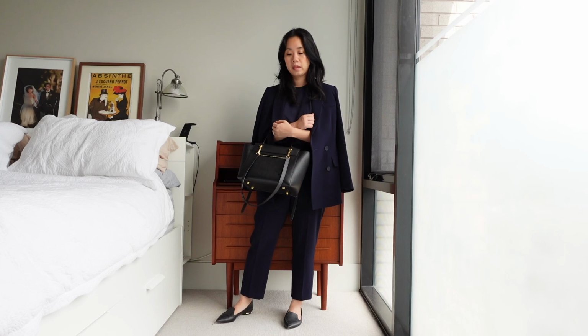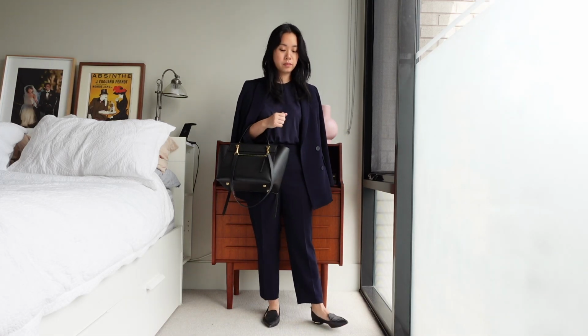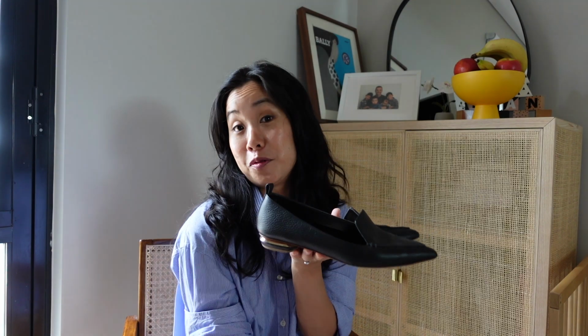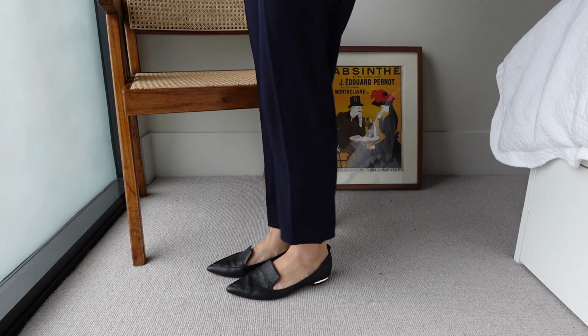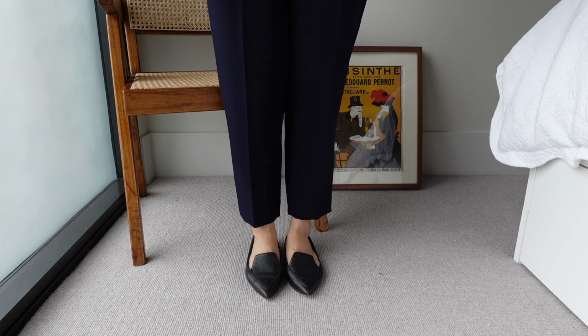So the next shoe that I have to share with you is a bit of a hybrid pointed toe flat slash loafer, and that is the Nicholas Kirkwood Bayer flats. And I really love these, particularly when I was transitioning back to the office from mat leave. I really relied on these because I think that they look really dressy, but they also add a little bit of edge, and they looked really nice with my suits and the tailored dresses that I wore to work. These are also really comfortable, and the leather that is used in the Nicholas Kirkwood shoes is really supple